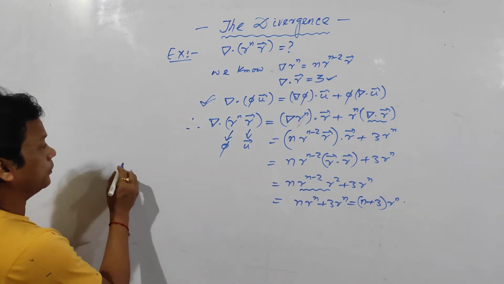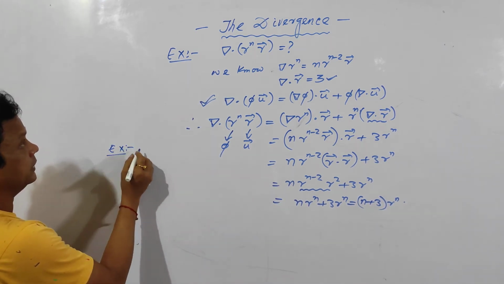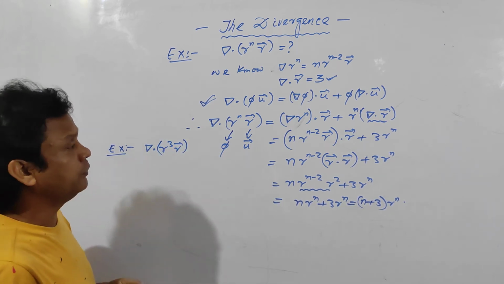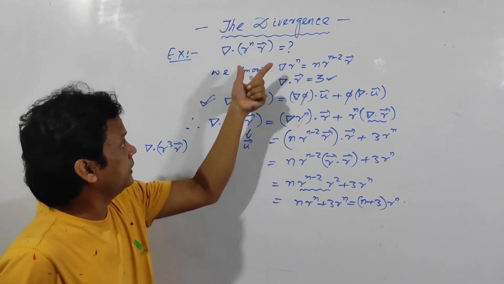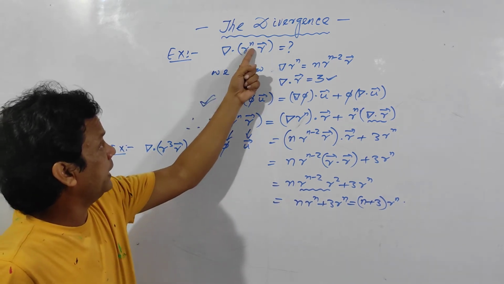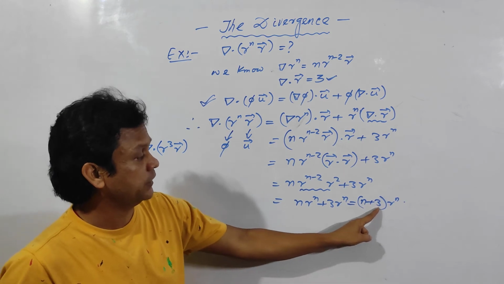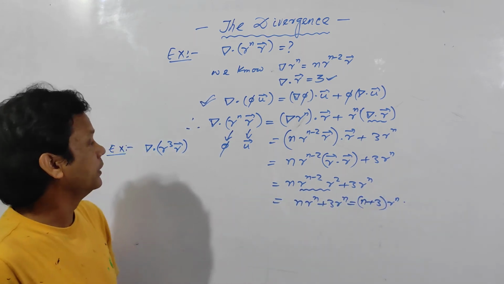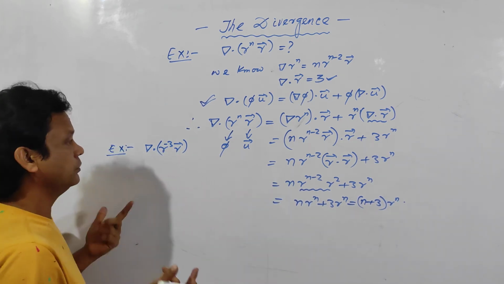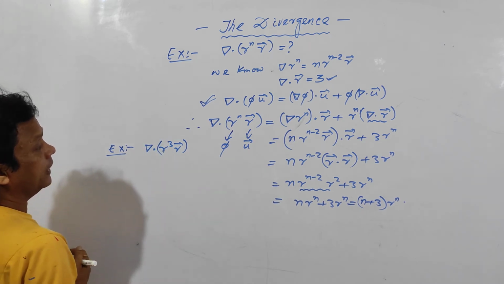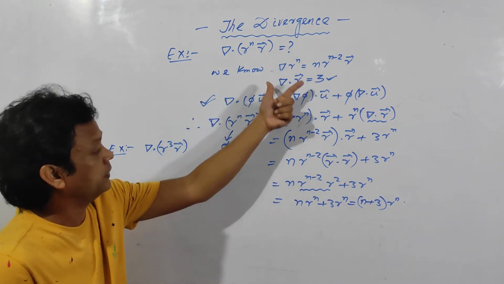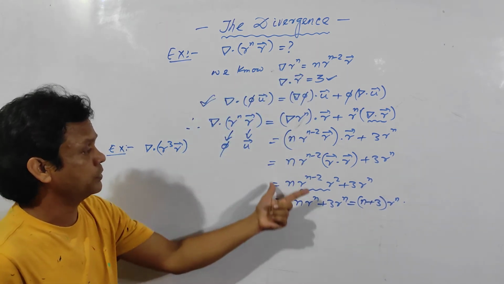Clear? Now the second problem. See here, if the question is like this, del dot r to the power 3 into r vector, and you want to put directly in the exam, this is the general formula, and in place of n, write 3. Clear? In place of n, write simply 3. It will become 3 plus 3, it is 6. 6 into r to the power n. Clear? And if it is r to the power minus 3, it will become 0. Minus 3 plus 3 will become 0. So you will get the result. Clear? And if it is a 2 mark question, then you want to do like this. In place of n, write 3 and proceed like this.